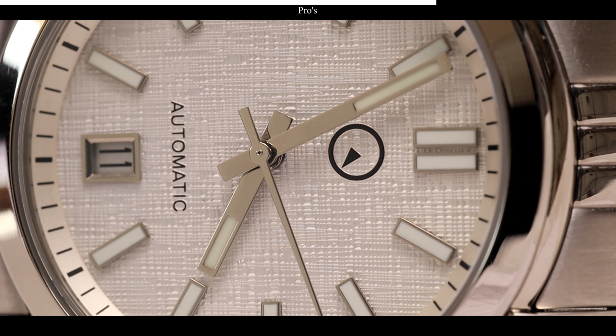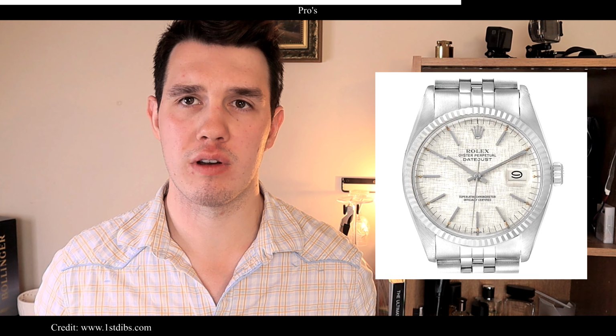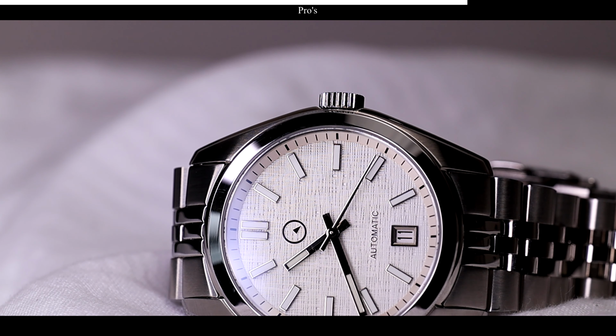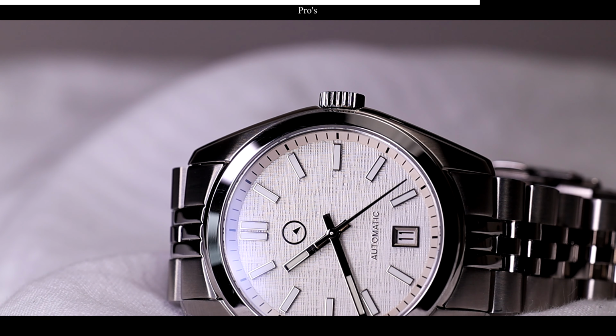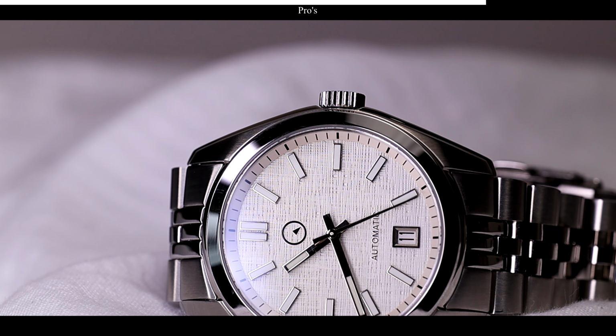Now, I'd be doing a great disservice if I didn't mention in further detail the linen dial itself. Linen has been around for thousands and thousands of years, and has been in watchmaking for at least the last 50 years, featuring brands such as Rolex. Now, what the linen dial does to this watch is add depth to a watch which is only 11mm thick. It does this by